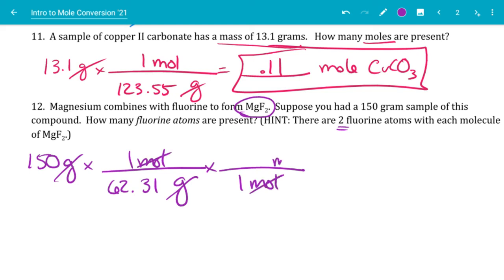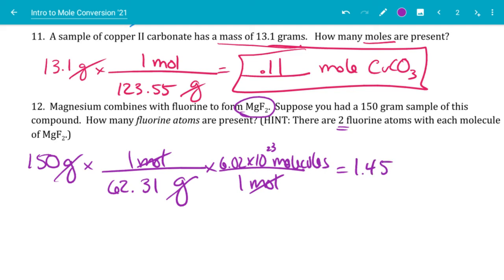So now my grams cancel, and I need to put moles on the bottom to get them to cancel. And this time I want molecules on top. So molecules is Avogadro's number, 6.02 times 10 to the 23rd. Now I'm not done, so let me just do the math and then we'll show you one more step. So working across the top, 150 times 1 times 6.02 times 10 to the 23rd. And now I'm going to divide it by 62.31 times 1, whatever, it doesn't matter, equals,